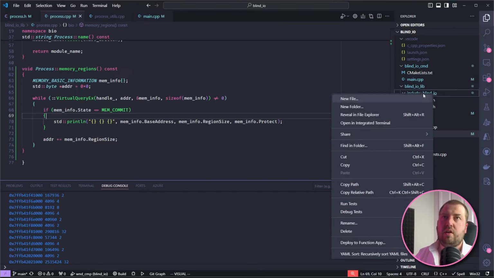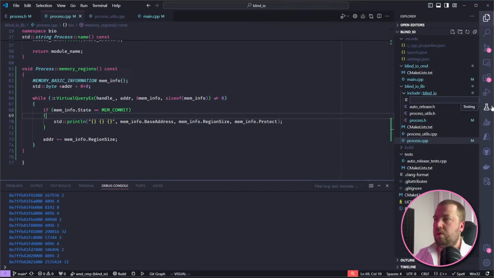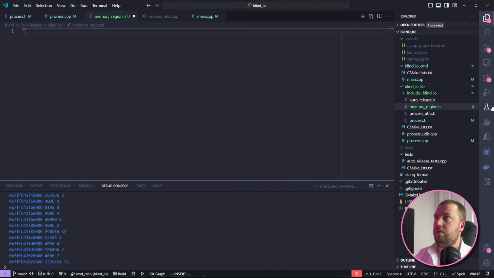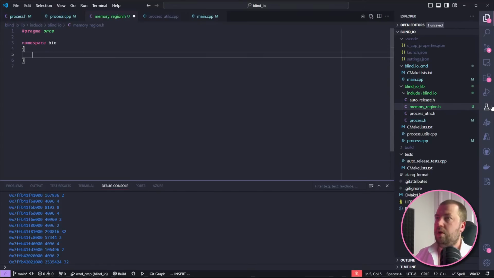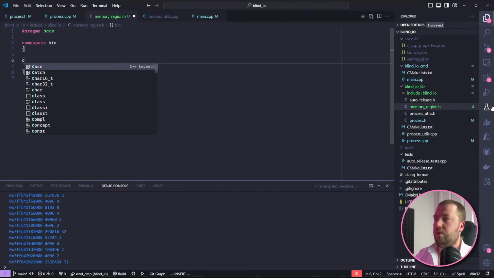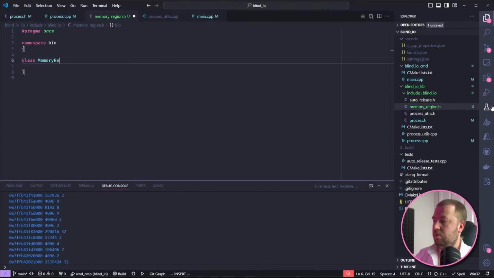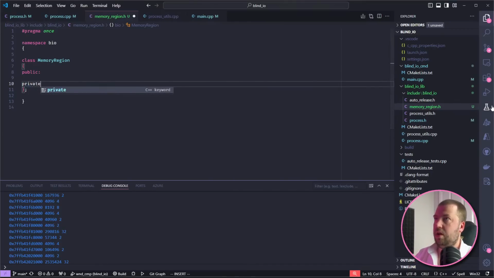So let's go new file and let's go memory region.h. Okay, so namespace bio, and then let's go class memory region. So this is gonna have